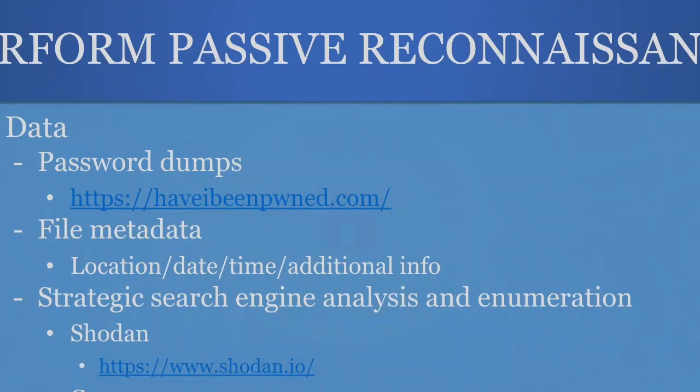Let's talk about other basic reconnaissance things, which are password dumps, like Have I Been Pwned. You will have heard of them a lot. Whenever there is a breach of passwords, you can find out about it from Have I Been Pwned. I would definitely include the RockYou file list, which is also very good for passwords. Then metadata,